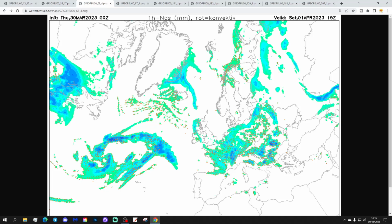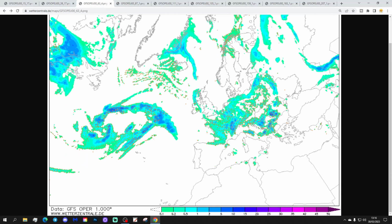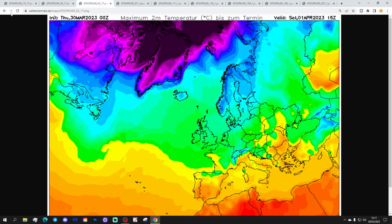Out west, there'll be lots of heavy showers, long spells of rain, thunderstorms through France into the Low Countries as well. I think going a little bit drier both for Ireland and the UK, actually, by the start of the weekend. Scandinavia looking mostly dry, and then the central bowl of the Med into Spain, Portugal, mostly dry through there. So temperature-wise on Saturday, it's another cold day for Northern Europe and generally a little bit